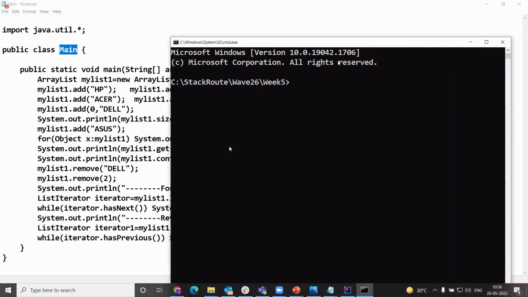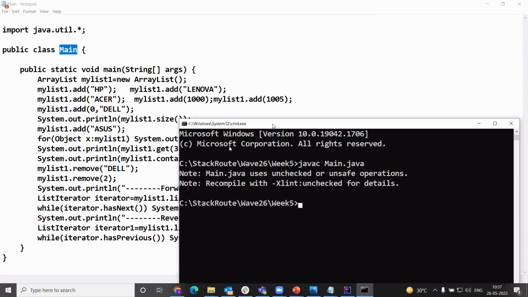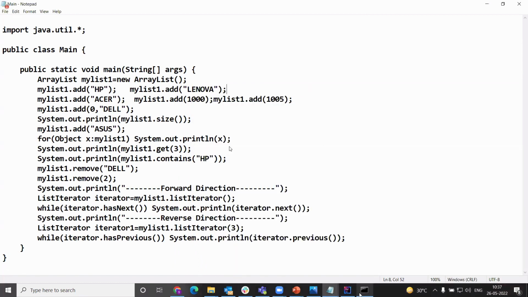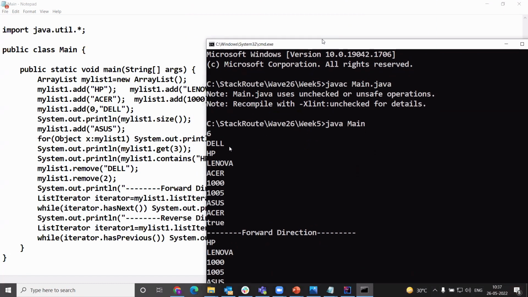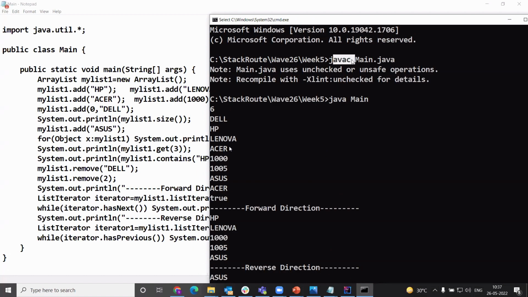Same program I have copy pasted in Notepad just to show you some warning. When I compile my program, I'll show you why this warning appears, with a detailed message. My compilation is success and my execution is also success. I'm getting the output. The program does not have any syntax error, and I'm getting the expected output. But at the time of compilation, there is a warning note. Can you see the warning note? This program uses